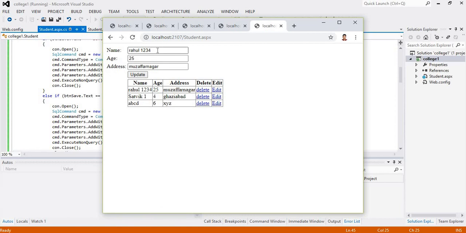Clicking on edit, Rahul to 123, 24. Clicking on update, we can see our text boxes are clear.